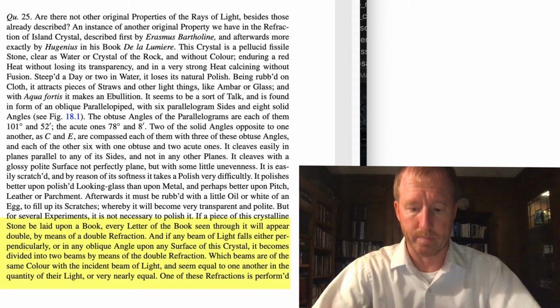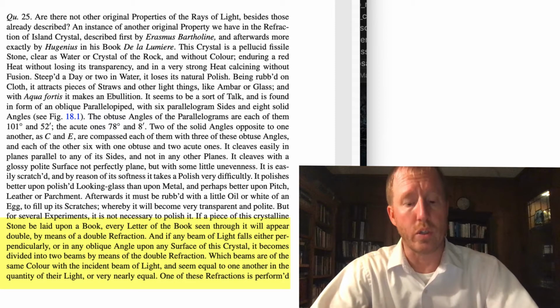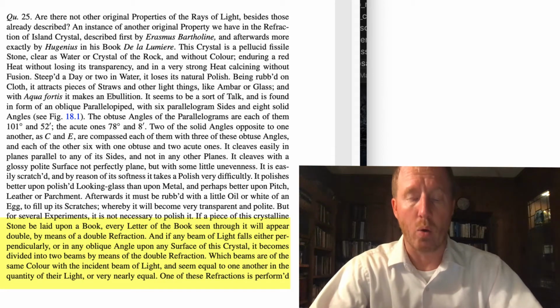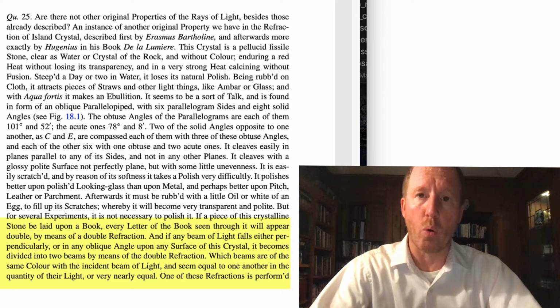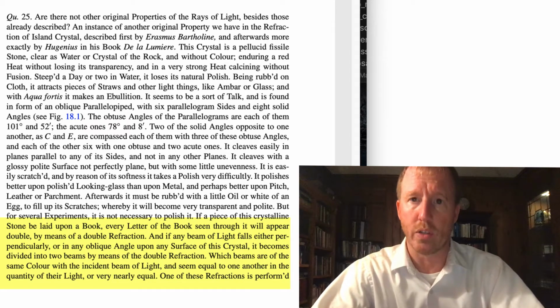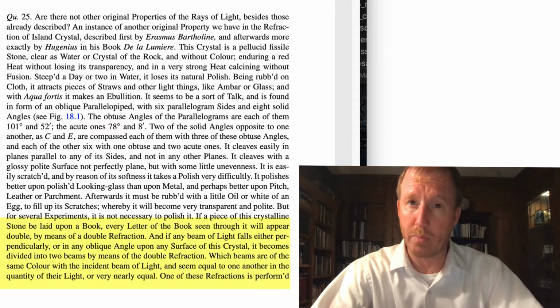And these two images of the letter that you see are going to be about equal in color and brightness to one another. He also mentions that a beam of light that you pass through this crystal is divided into two separate beams. One of these beams obeys the ordinary law of refraction, that is, the sine of the angle of incidence divided by the sine of the angle of refraction is about 5 to 3. So there's a constant ratio of these sines of the angles of incidence and refraction. So if you pass a light beam into this crystal, there are two separate beams that are created.